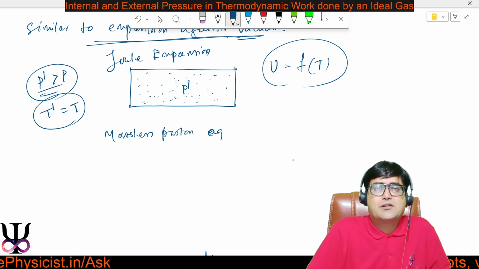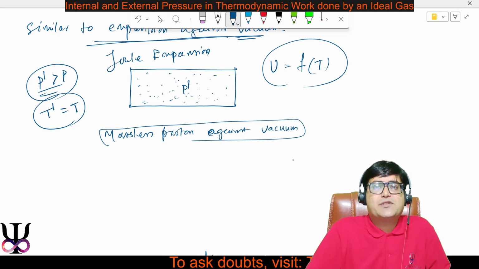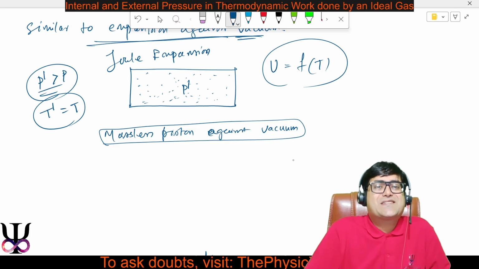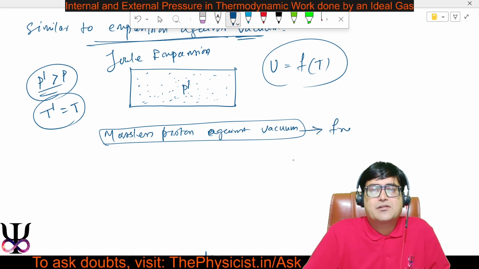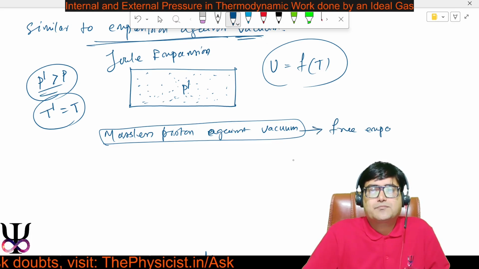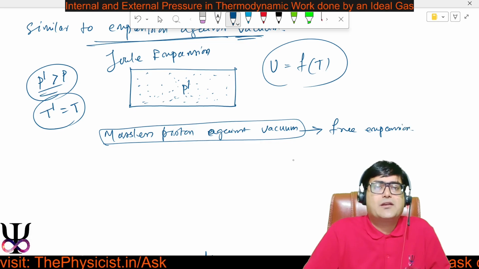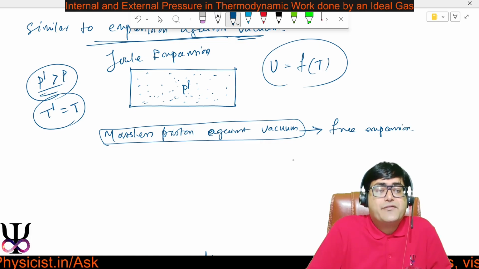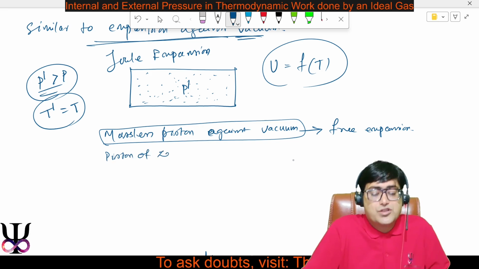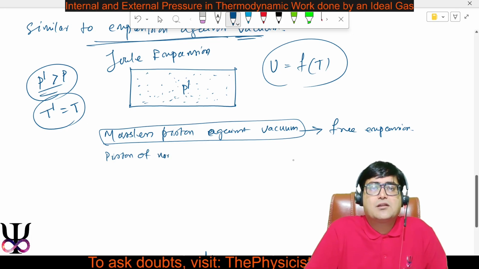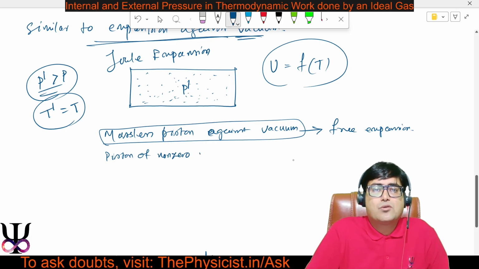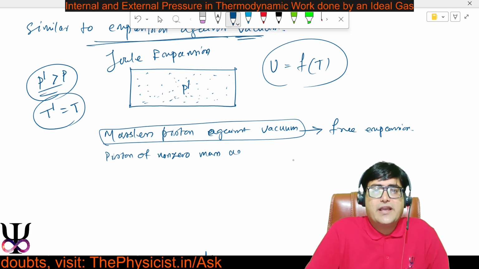When you have a massless piston against vacuum, it's the same as free expansion. And if you have a piston of non-zero mass against vacuum,